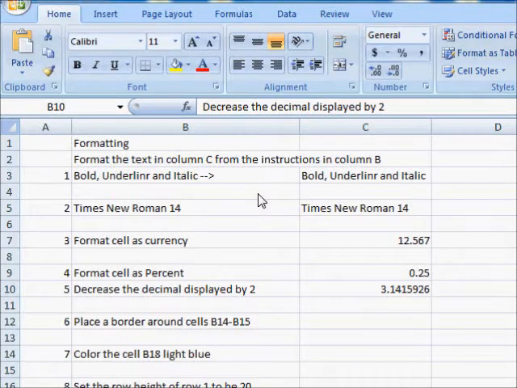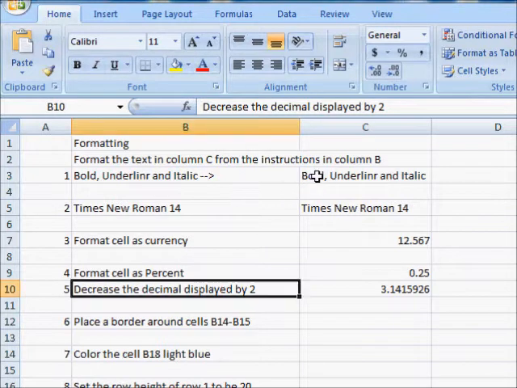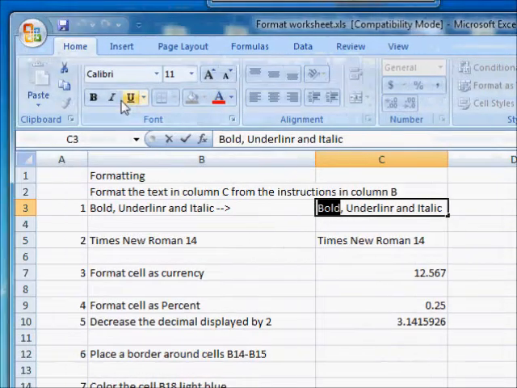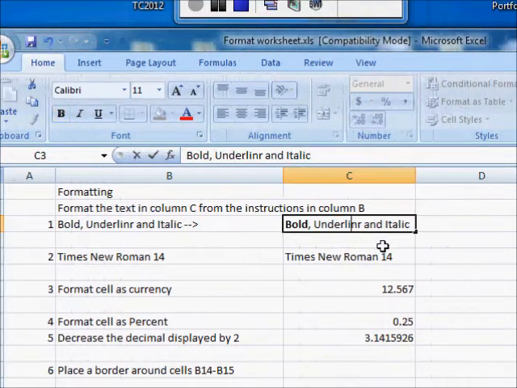So, you want to learn how to format text and other content in cells in Excel 2007. Well, let's look at this worksheet and see what we can accomplish. We'll follow these one at a time. It turns out that in Excel we can bold, italicize, and underline just like we do in Word